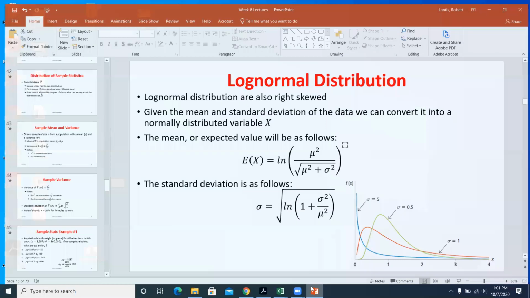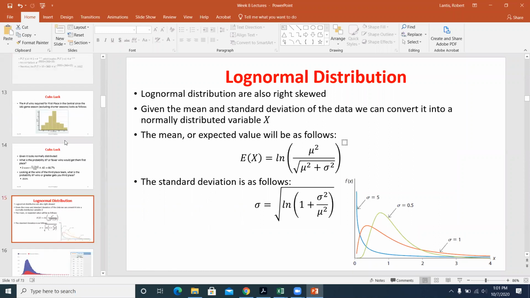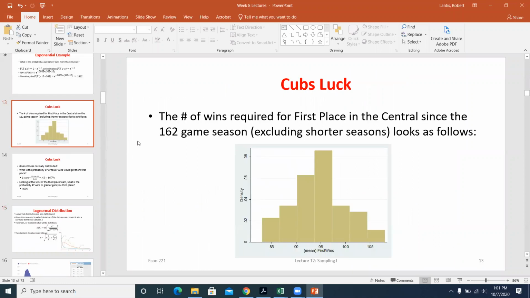So the first thing I want to do before we jump back into the log normal is look at an example that I had set up. I was interested in this at some point, but I forget what season it was now. I feel like it was maybe 2016 or 17. The Cubs, I'm a big Cubs fan, had a high number of wins, but ended up, I think, 3rd in their division. And so I got interested in this idea of what number of wins would get you first place in your division. And so I pulled a bunch of old data,